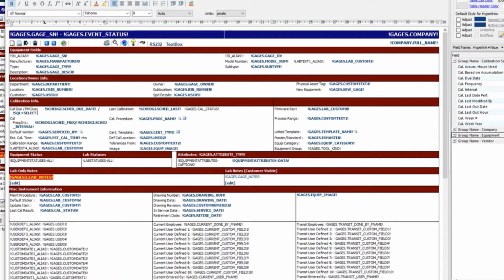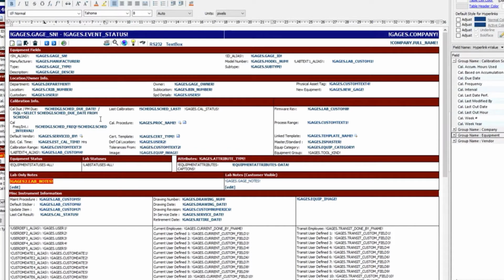So we'll do select sched.sched_due_date. If you'll notice, it's the same as this for the calibration due because it's stored in the same table. From SCHED, which is the name of the table itself, where company equals